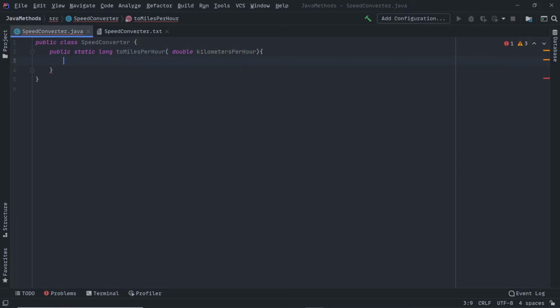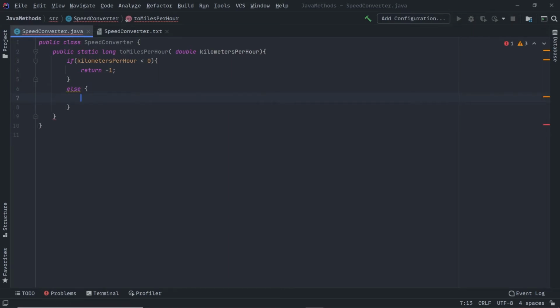And we need to check if the kilometersPerHour is less than 0 or not. If kilometersPerHour is less than 0, then we need to return -1, or else we can continue, right? Else